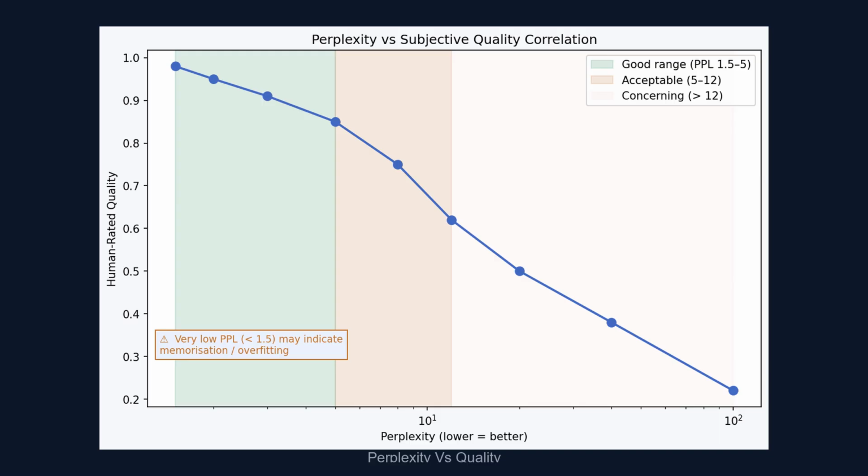The green zone, perplexity between 1.5 and 5, is where well-trained models land, low enough to indicate confident, coherent generation. The yellow zone, 5 to 12, is acceptable but not optimal. The model is less certain about its predictions. Above 12 is concerning. At that level, the model is generating text that feels incoherent or unpredictable to human readers,